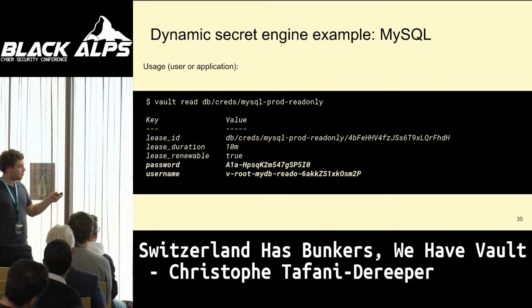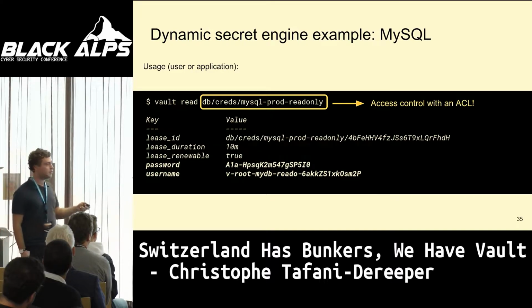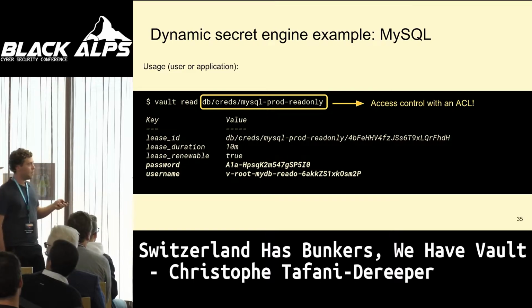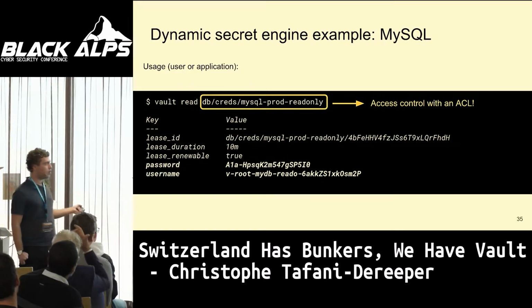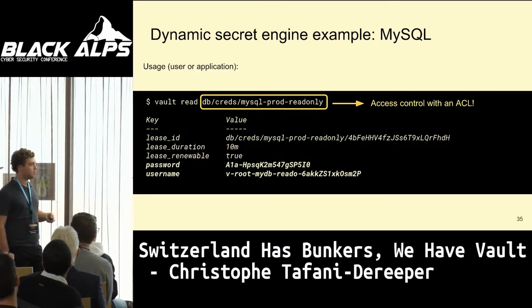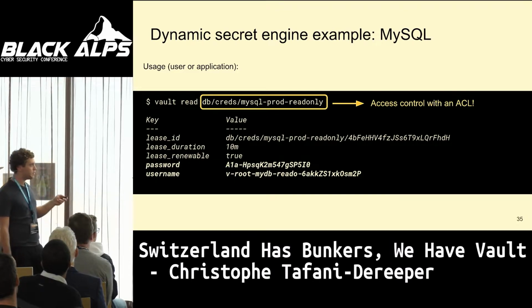And just as a reminder, this is something that you can access only if you have a policy bound to your access token that allows you to access it. So if we wanted to allow our engineering team on GitHub, to take the previous example, to access this, we would need to change their policy and explicitly state that they are able to access db/creds/mysql-prod-read-only.